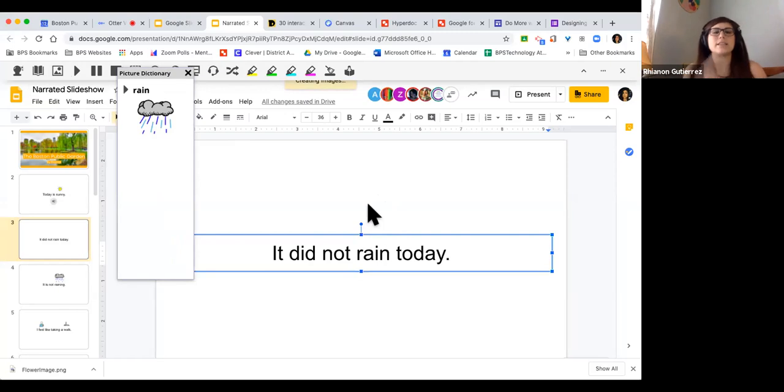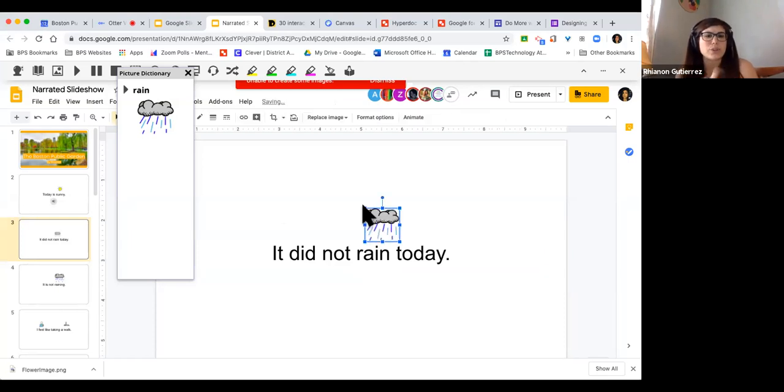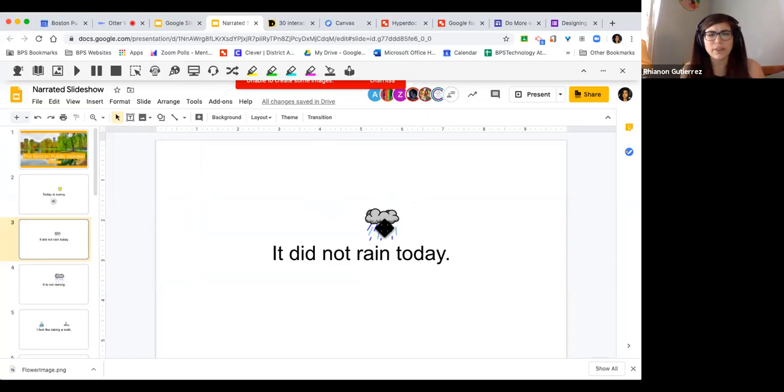Now you can repeat this process for every sentence that you write, if you wanted to have a word visualized for your particular student. Now, sometimes it doesn't work, so we can just try it one more time, it'll be all right. One of the troubleshooting tips for Read and Write is that you just kind of have to refresh the page sometimes if it doesn't work the first time, but it will work. All right, there we go. I have my image in there of the rain. And once again, how I did this is I had to make sure I was using the Read and Write extension, and I selected the Picture Dictionary to bring in that image of the rain cloud.